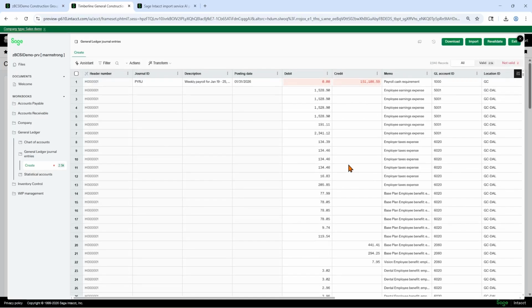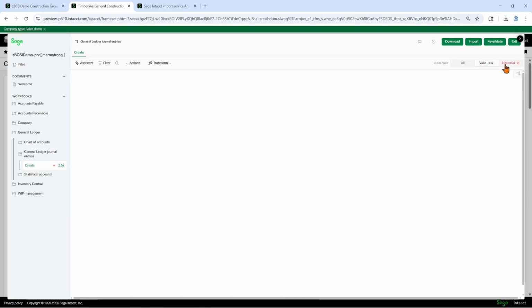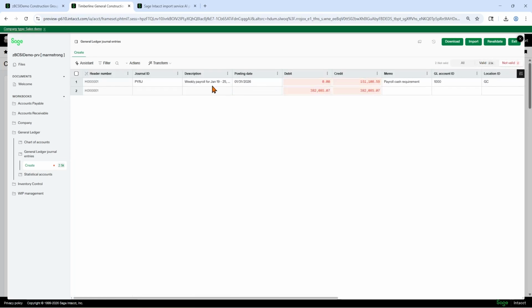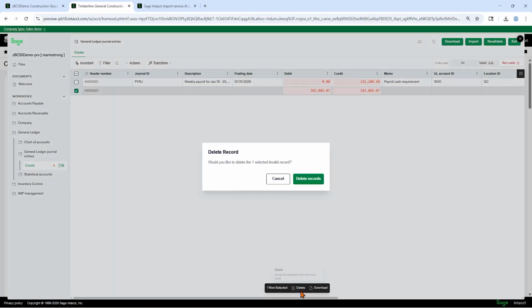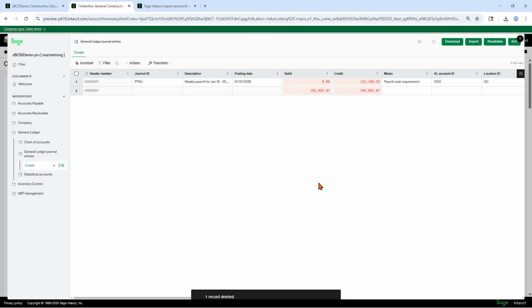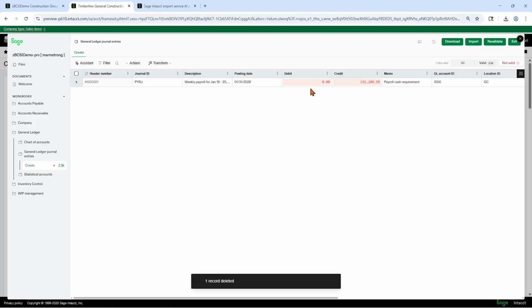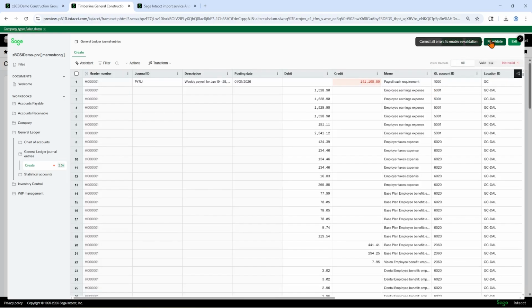Okay, so now that everything has been brought in, here's all my valid records. And here's the ones that have errors. So this row here was my totals check row. So I'm actually just going to come in here and delete this because I don't need that for the import. And then this, it's going to tell you why the error is here. So this says an account can either be a debit or a credit. It can't be both. So I'm going to delete that. And then that should fix that error. So we'll revalidate.